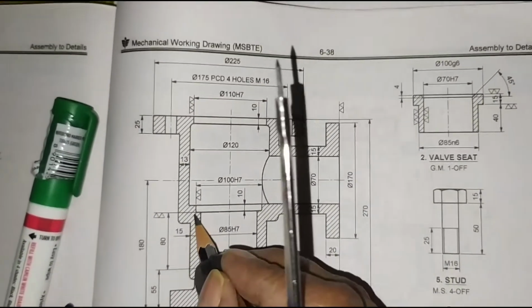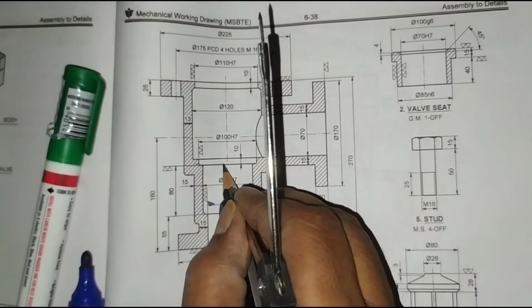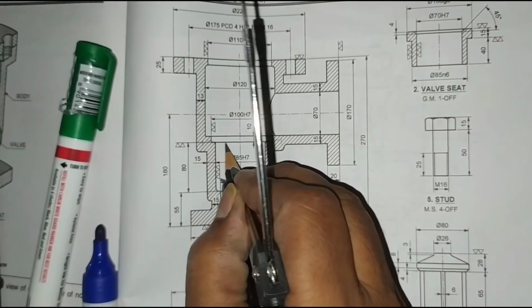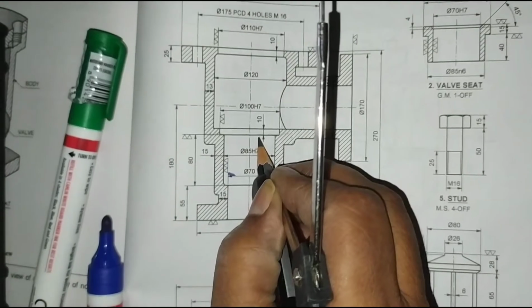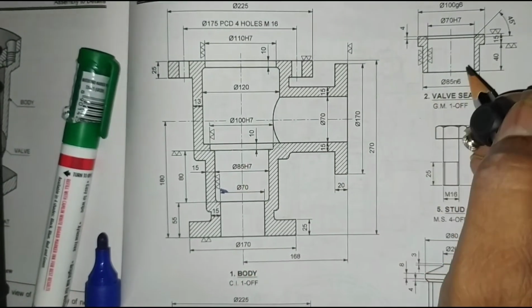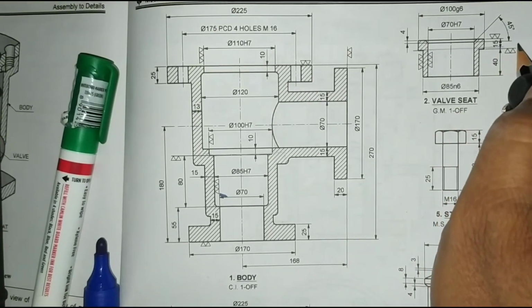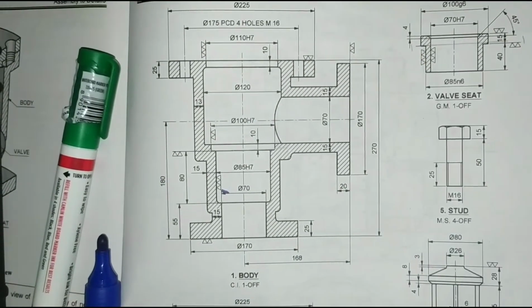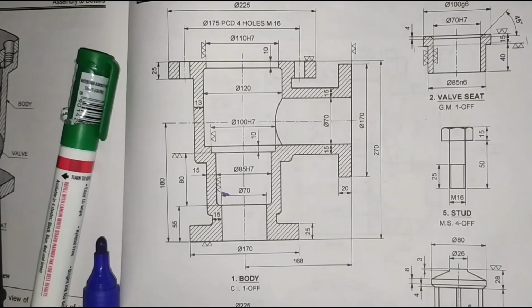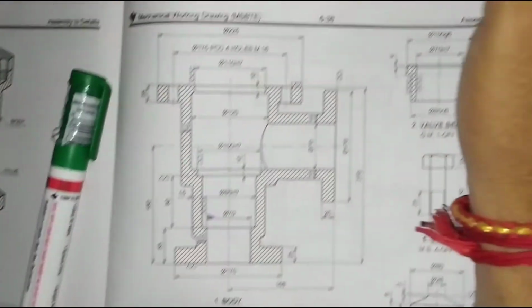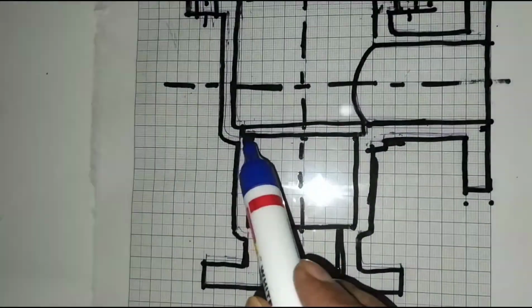Now, I will mark this point for our remembrance. 1 1. Remember, I have learned it is a vertical assembly. Center line is common, and I will mark it here 1 1. This line is common to both the lines. So, this is the 1 1 line.